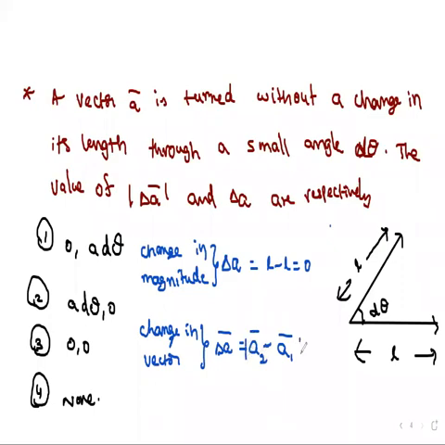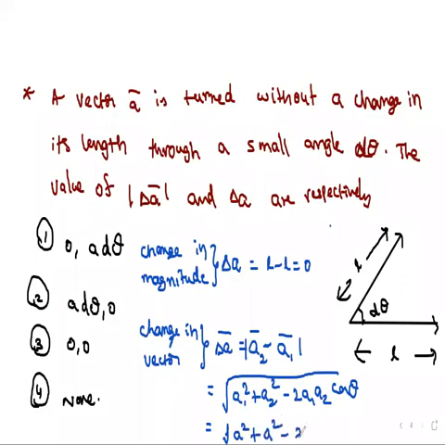What is the magnitude of A2 bar minus A1 bar? That is root over A1 square plus A2 square minus 2 A1 A2 cos theta. If I want to calculate the magnitude of the sum of vectors, that is root over A1 square plus A2 square plus 2 A1 A2 cos theta. The difference of two vectors is given by A1 square plus A2 square minus 2 A1 A2 cos theta. But here you have to understand that the magnitudes of A1 and A2 are both the same. Both are A only. This is A, this is A, this is also A. Magnitudes are the same. Minus 2A into A, that is 2 A square cos theta.